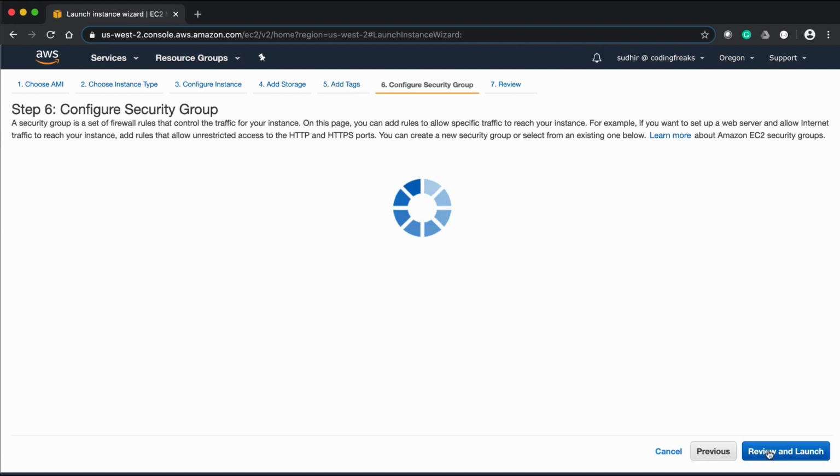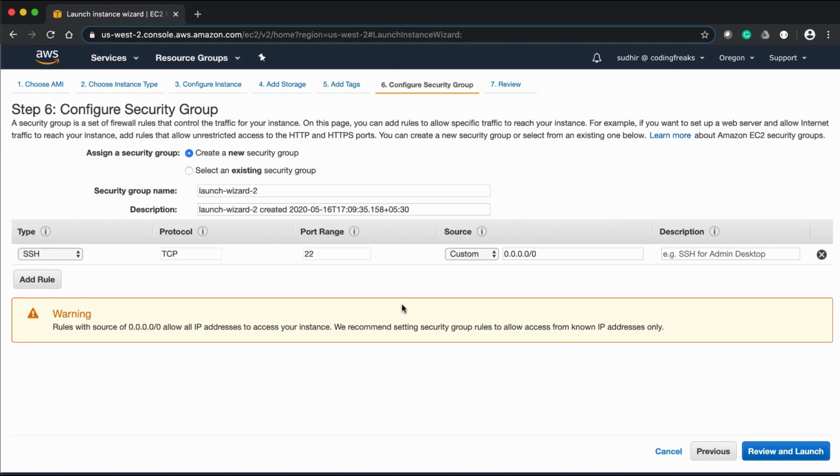Next is security group. Security group is a kind of firewall which runs on your NIC, virtually installed with the instance we are going to instantiate. This is the security group name. This is the description. If you want to change it, you may. If you don't want to change it, you may leave it as it is. There's no restriction to that.